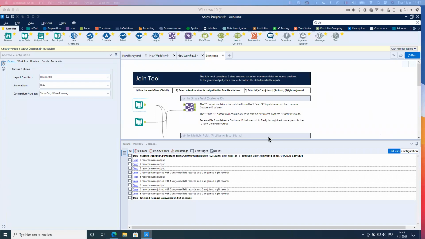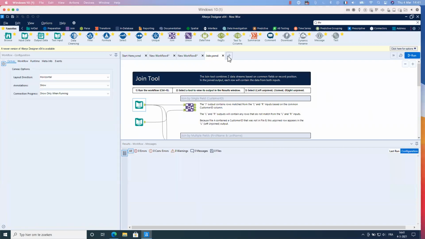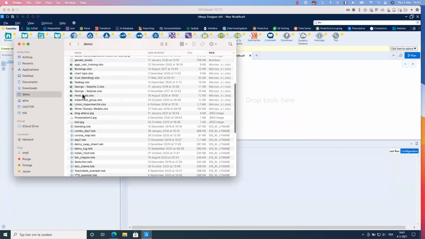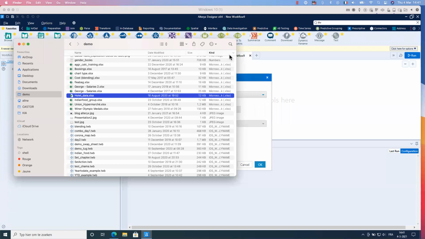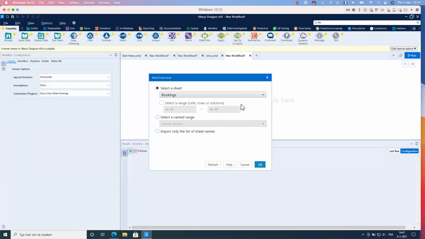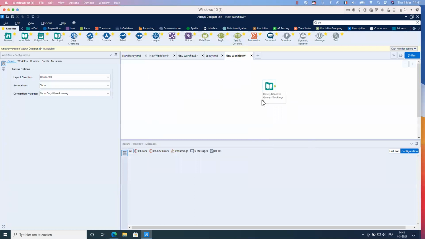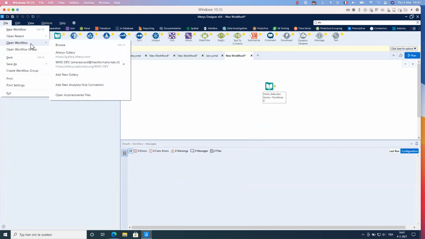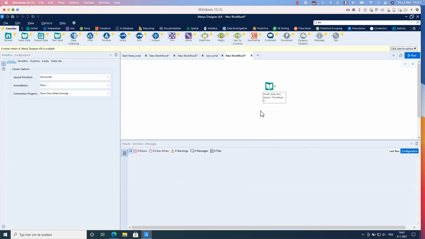So let me show you if you don't know this trick. You open a new workflow. Here in my folder, I have a lot of Excel files. Then I select an Excel file here, hotel data, and I drag it directly. Now I open the sheet and I have my data set directly. Otherwise, you have to click on File, Open, then look into your folder. So I think you gain some time here. So that was the second tip.